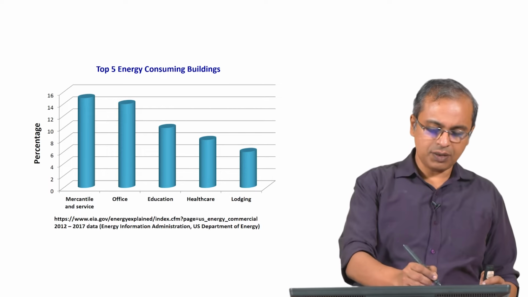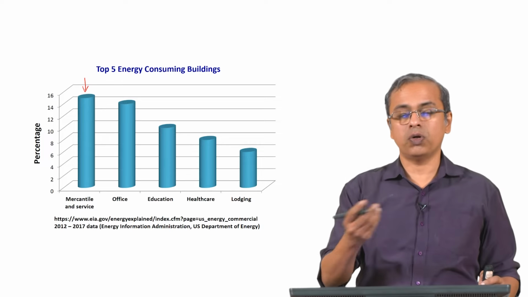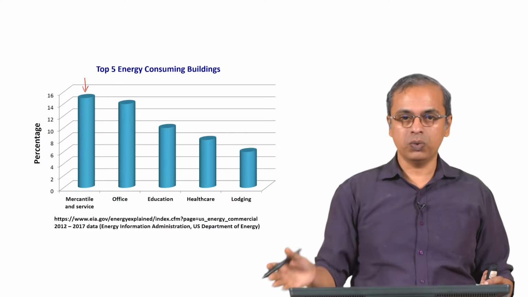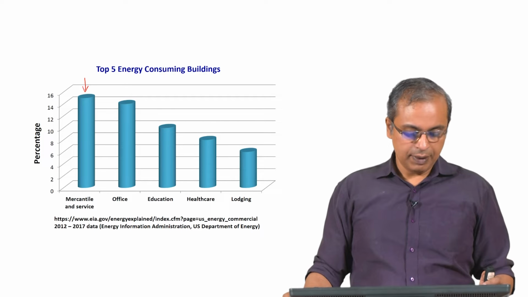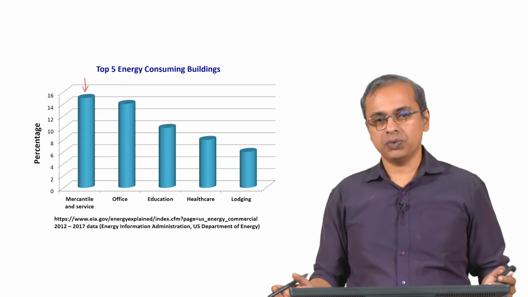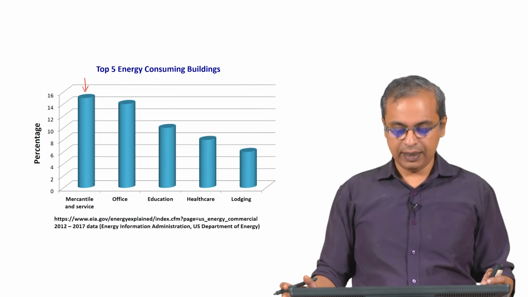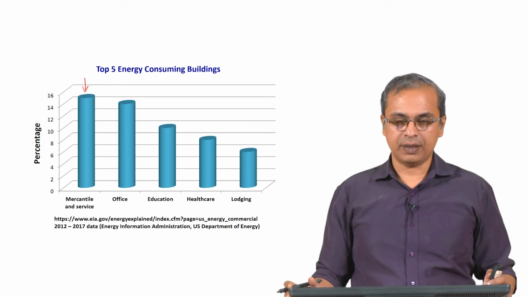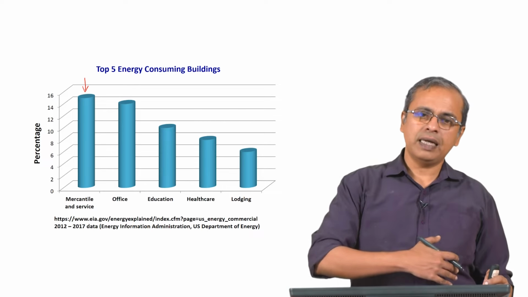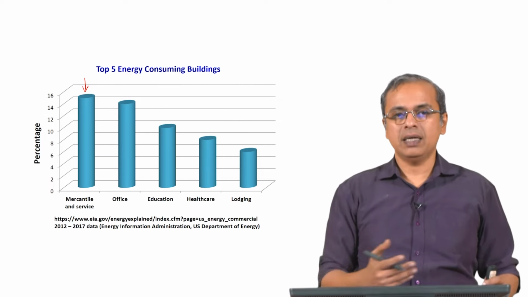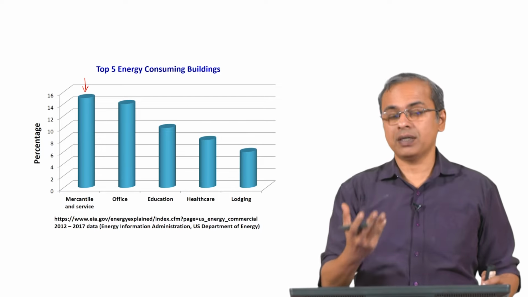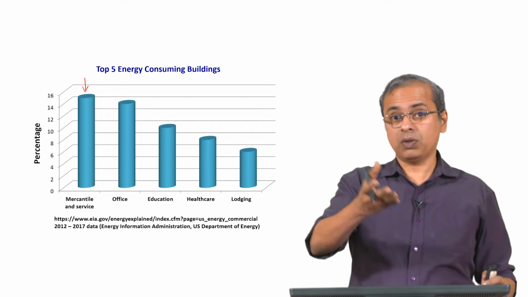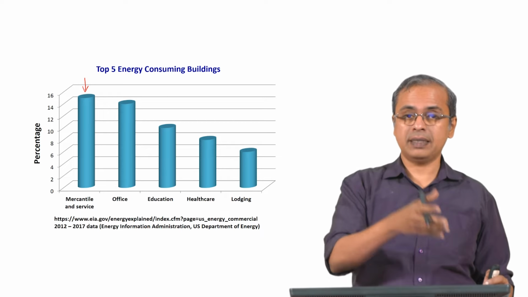The first thing is typically things like malls and shops of a different nature, where we go and buy goods and so on. It turns out that if you look at the percentage of energy usage across the spectrum, the malls are the ones consuming the maximum amount of energy. Malls are huge buildings, typically centrally air conditioned, or centrally climate controlled is probably the more appropriate term, because if it is a cold country then it is kept warm, and if it is a warm country then it is kept cold.